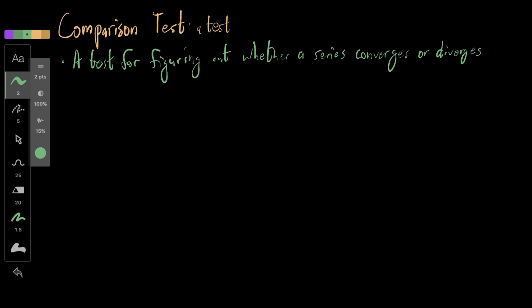Now, how does a comparison test work? Well, the comparison test works by essentially comparing two different series. One series, we know whether it converges or diverges, and using that information, we can tell if the other series converges or diverges. Now, without further ado, let me introduce what I've created using Manim and how I can help